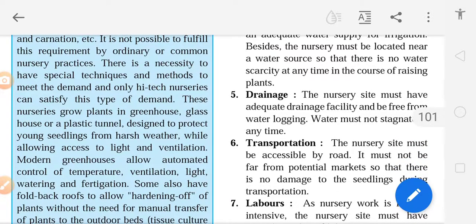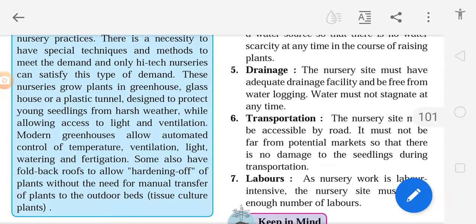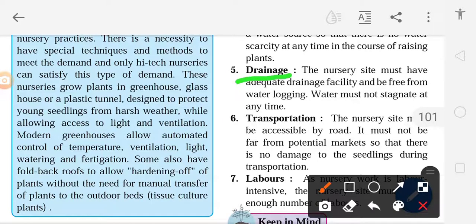Then only the plants can be grown. Then another requirement, that is drainage. Excessive water should flow away out of the nursery, otherwise it may cause waterlogging, and in that case there will be no proper growth of the